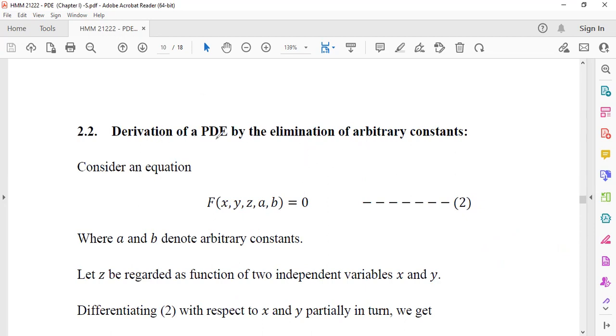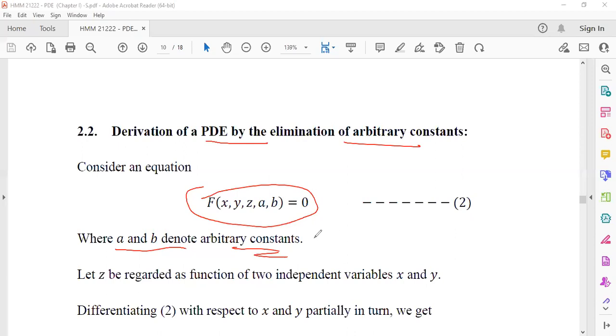Derivation of the PDE by elimination of arbitrary constants. Let's say this is our solution. Consider equation number 2, where A and B are arbitrary constants. This is what we're going to eliminate. Without A and B, if you formulate the equation, that is the actual equation we are looking for. So now,